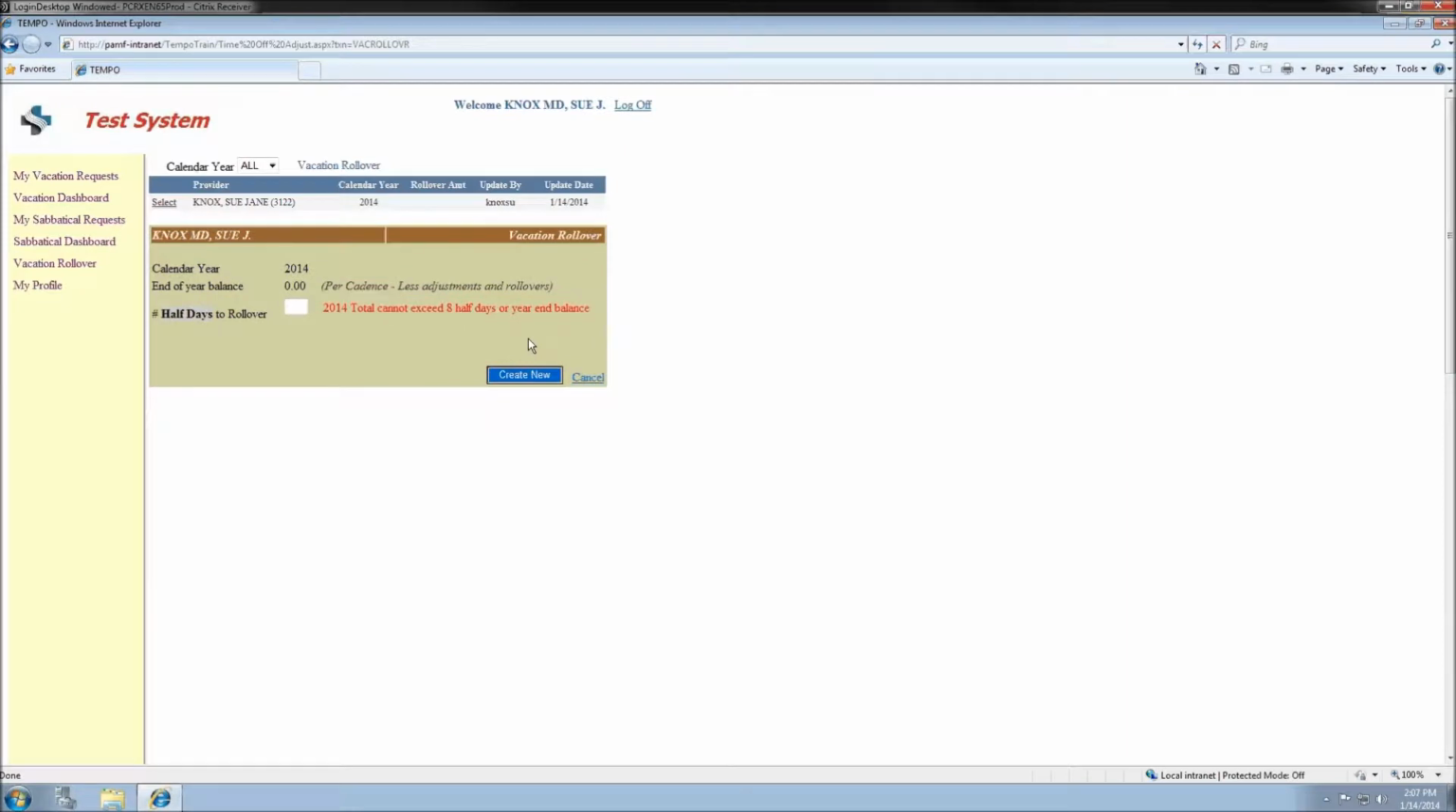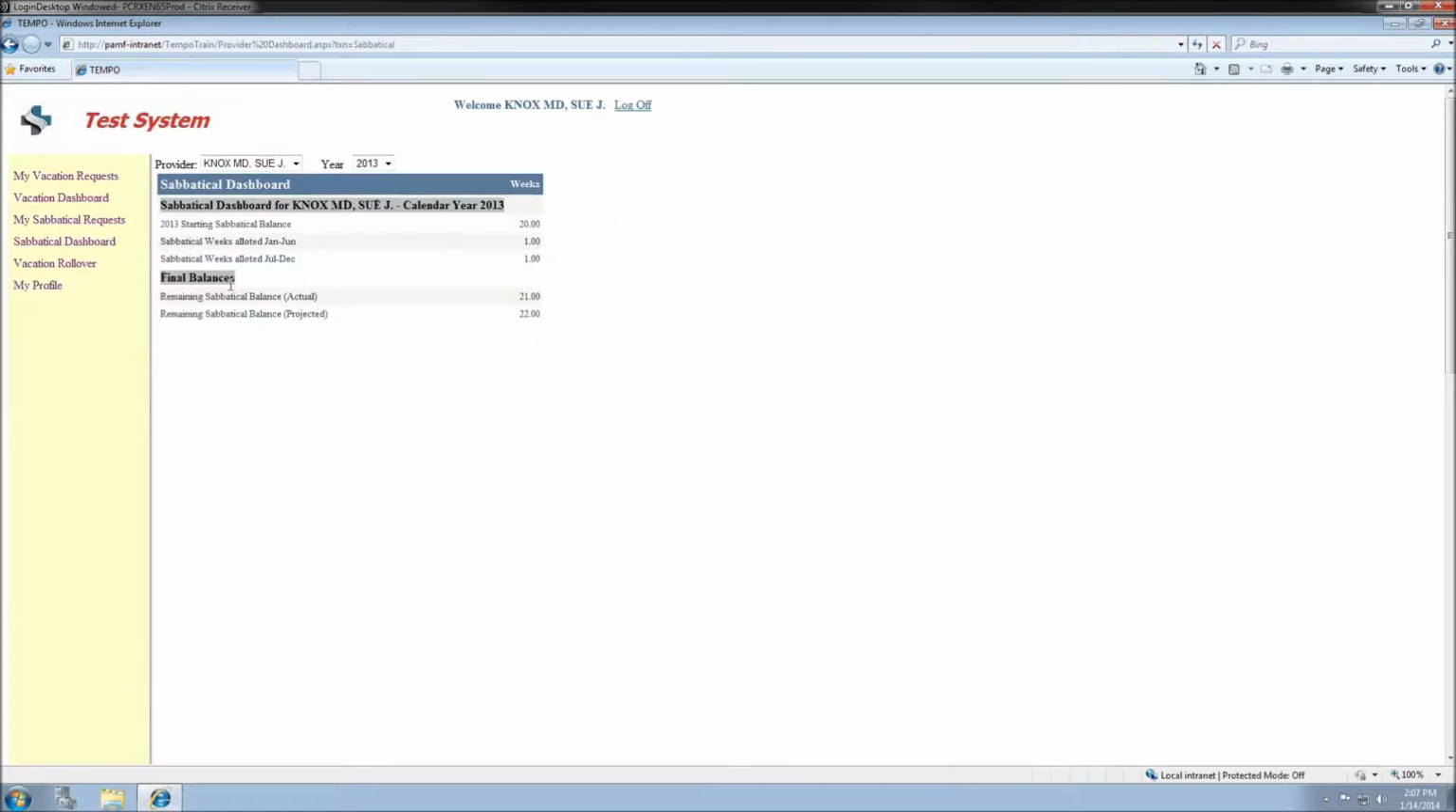This form works similarly to the vacation request page in that past requests can be selected, revised, and deleted. Also, there is a filter function at the top to specify the year of the request. Moving to sabbatical, the dashboard and request pages are structurally and functionally identical to the vacation pages. For example, the sabbatical dashboard includes the credits for each year, as well as the actual and projected balances,